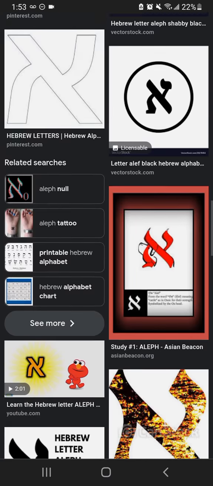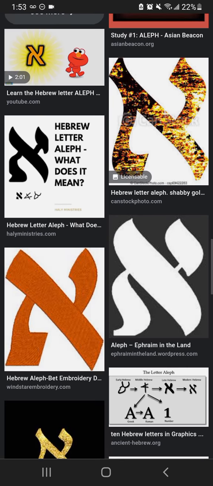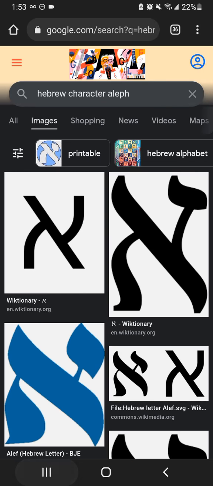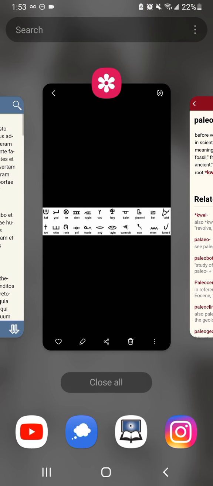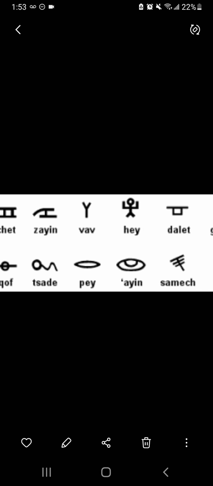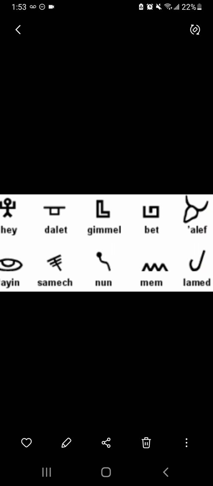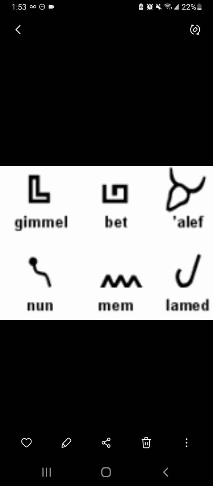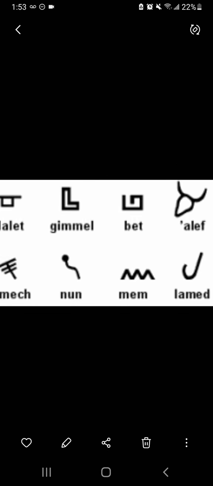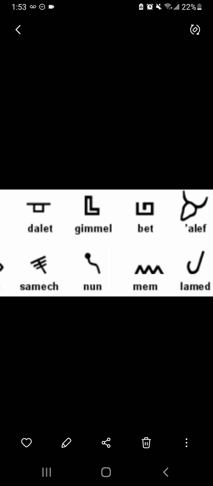So here we got the modern Hebrew or the Aramaic script Aleph. And what does this Aleph mean? Because we're not going to be going that deep into these characters for these segments, specifically concerning the Hebrew characters and their meanings. But here I have this photo or picture that I got off of Google. Can't remember where I got it from, but it's definitely accurate as far as the pictographs are concerned.